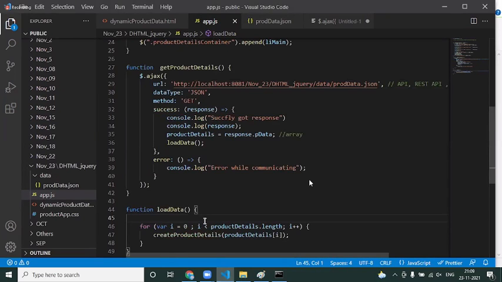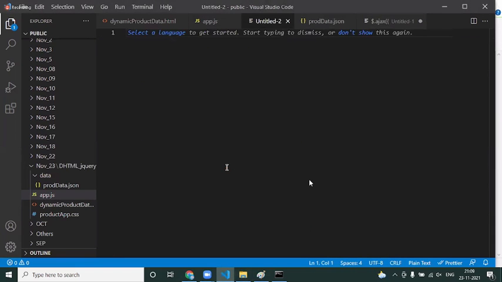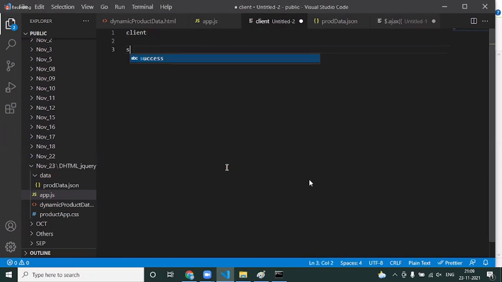Yeah, go ahead, Hemant. Sir, once we hit the server, is there any chance that we can hit another server through the first server? No, that has to be taken care of by the server side. Okay, that's a good question. What he's saying is, say for example, the client is hitting server A, but I want this server A to internally hit server B, receive the data and return the data. This is your expectation, right?